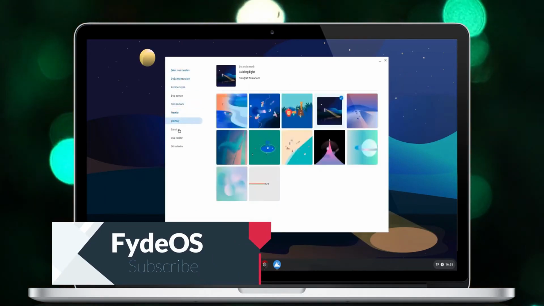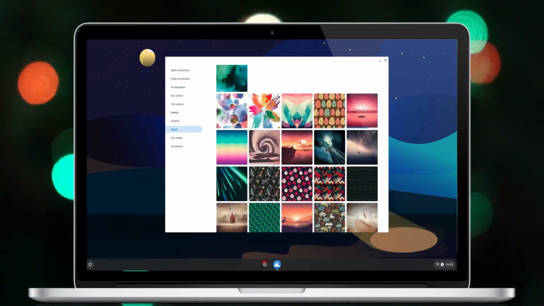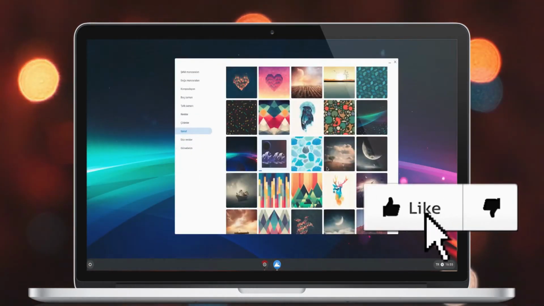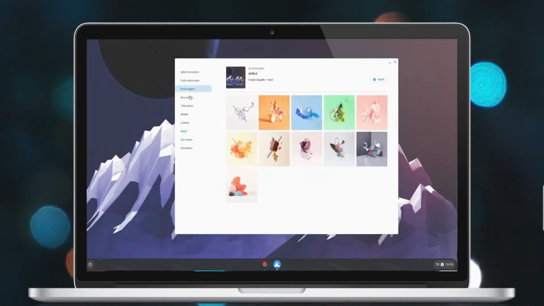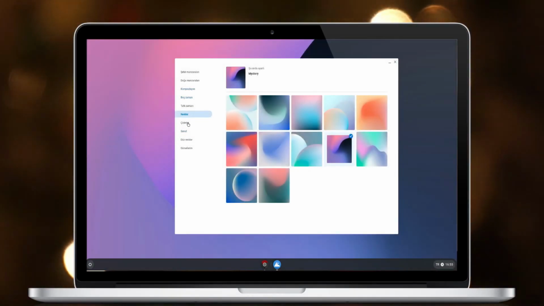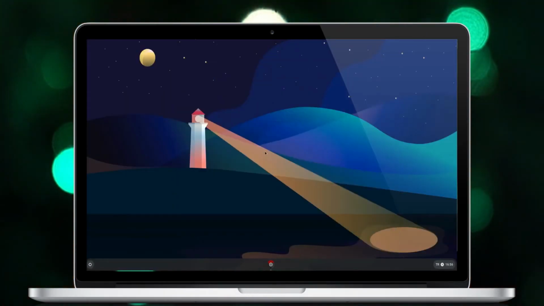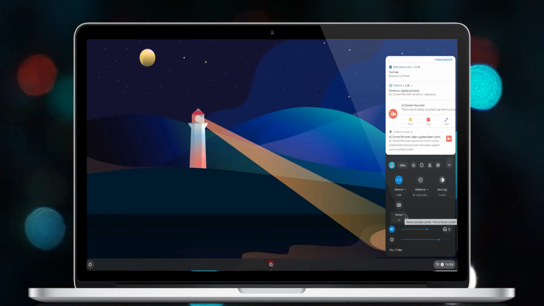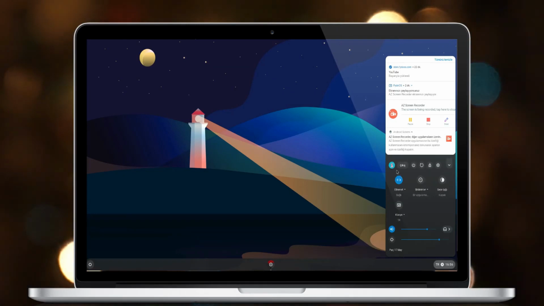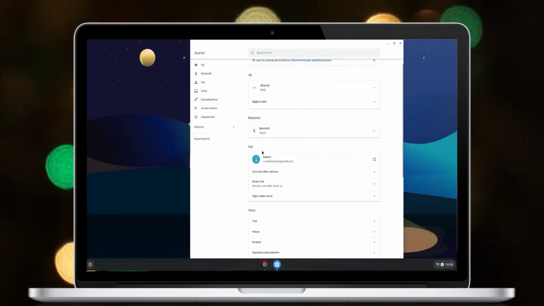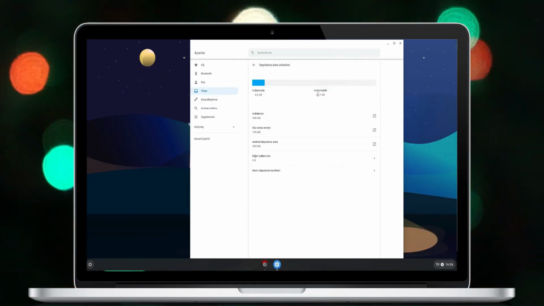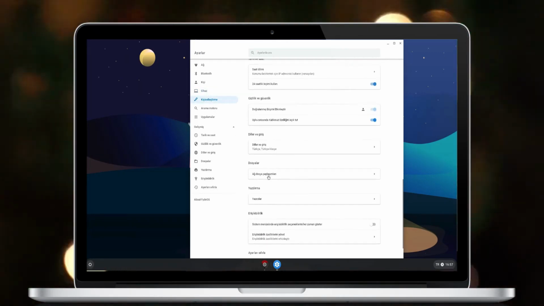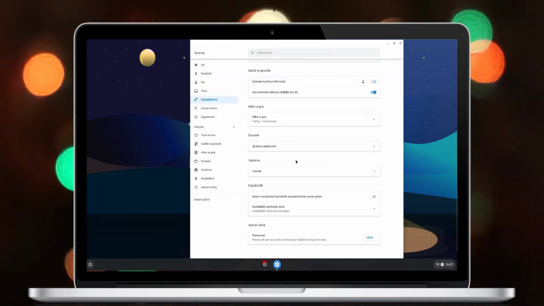Number 3 is FydeOS. FydeOS is based on the secondary development of the open source project that drives Chrome OS, and FydeOS has some awesome features like extremely fast response and never slow, and it runs web programs and Android programs and Windows programs and Linux programs better than one OS, with simple operation, safe and stable. And FydeOS is made by Chinese students and it is really a good Android OS right at the moment.